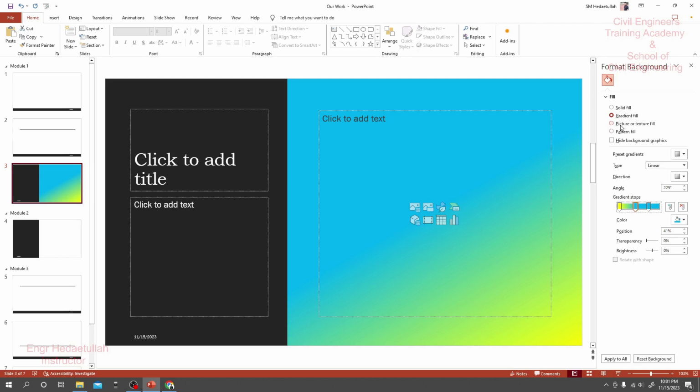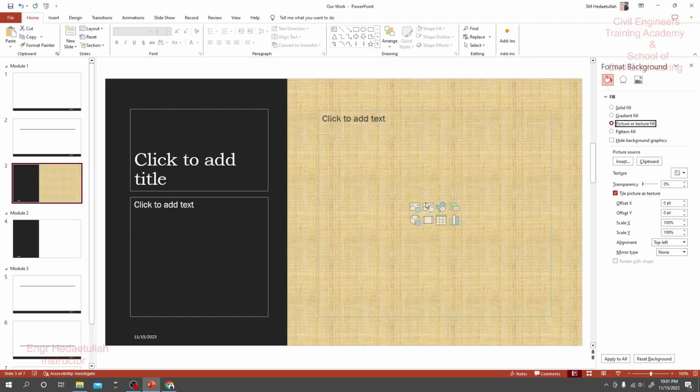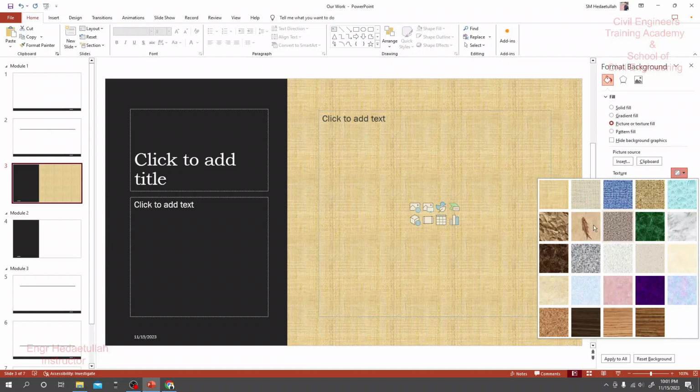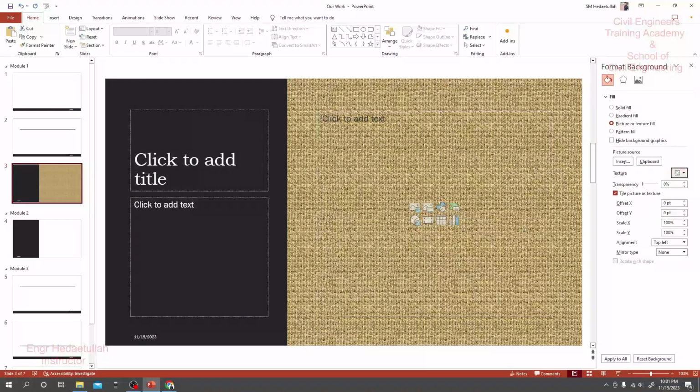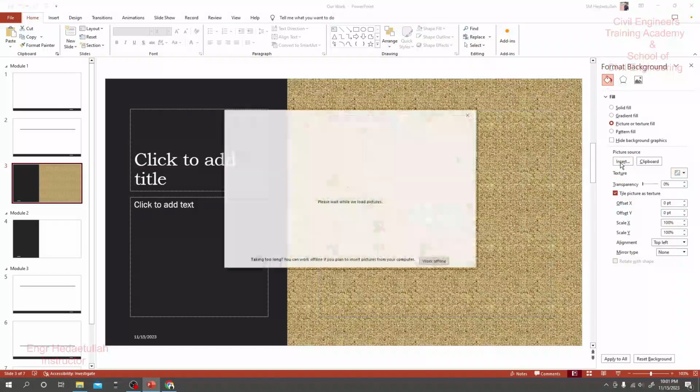They have another option, picture or texture fill. If you want to add any picture here, you can do it as per your requirement. Otherwise you can add a texture. They have many options for texture, and you can add it here as per your requirement, however much you need. Then you can insert a source picture. If you click here,